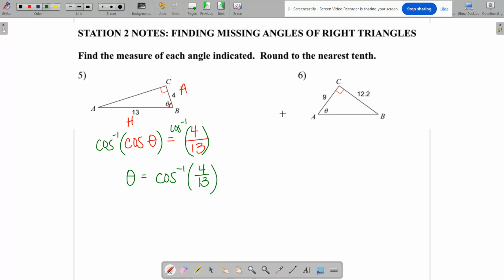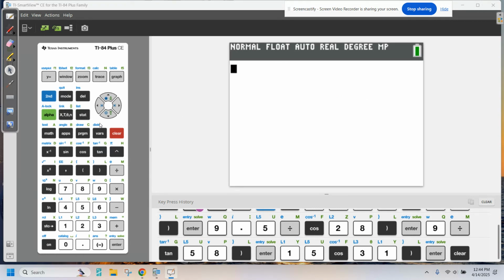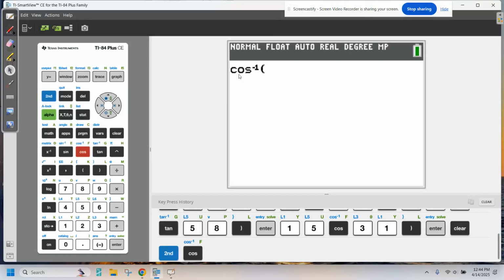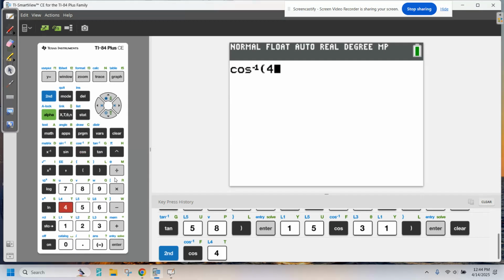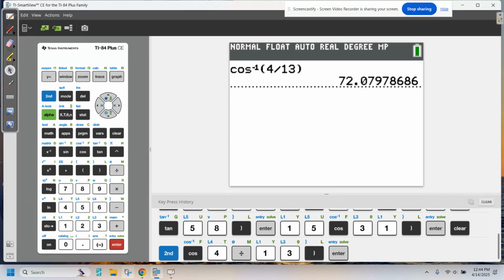And so at this point, you're going to use your calculator to determine that. So we can see the cosine button is here. Above it is the inverse cosine button. So in order to hit that, it's blue, so I'm going to have to hit second cosine. So that's the inverse cosine. And what was inside? 4/13. So 4 divided by 13 and close the parentheses and hit enter,